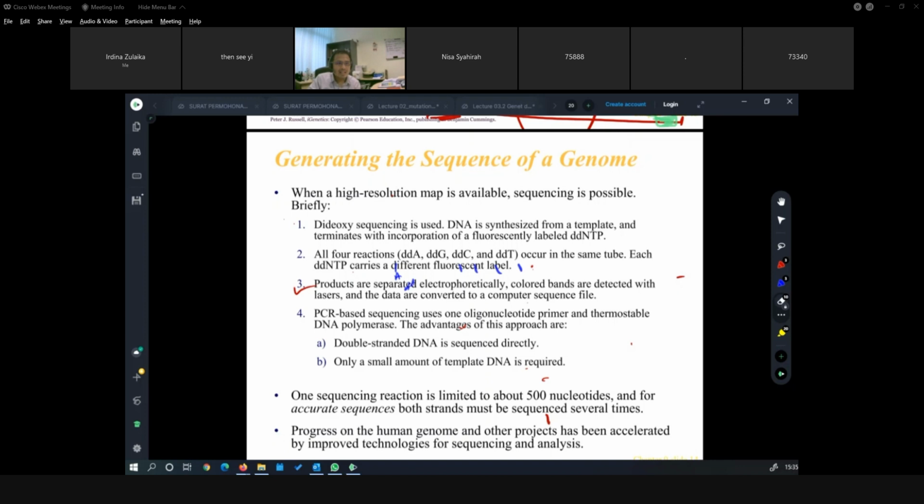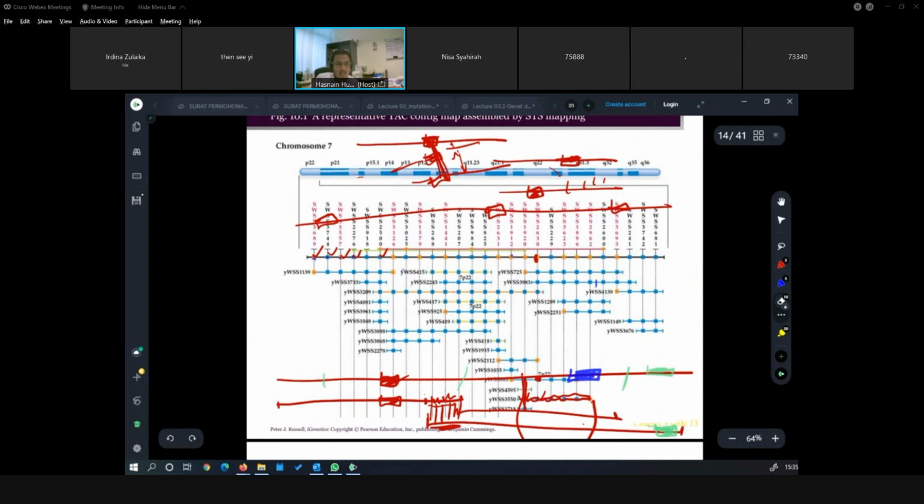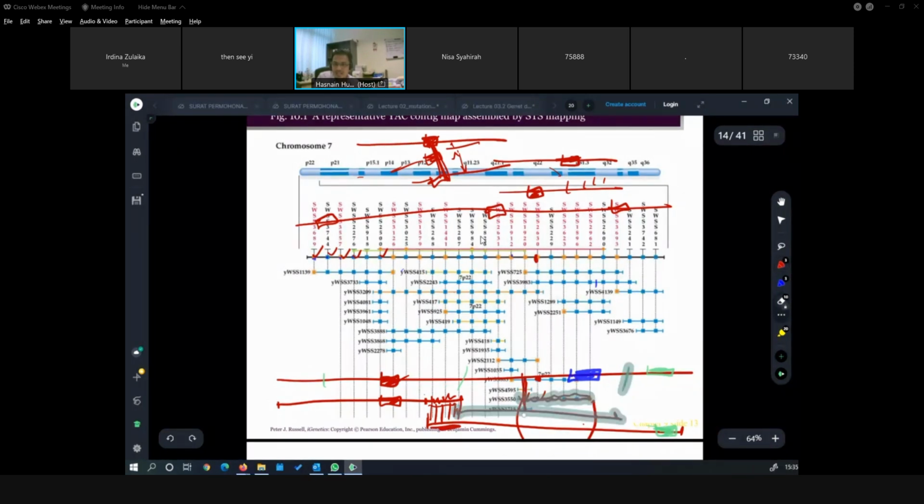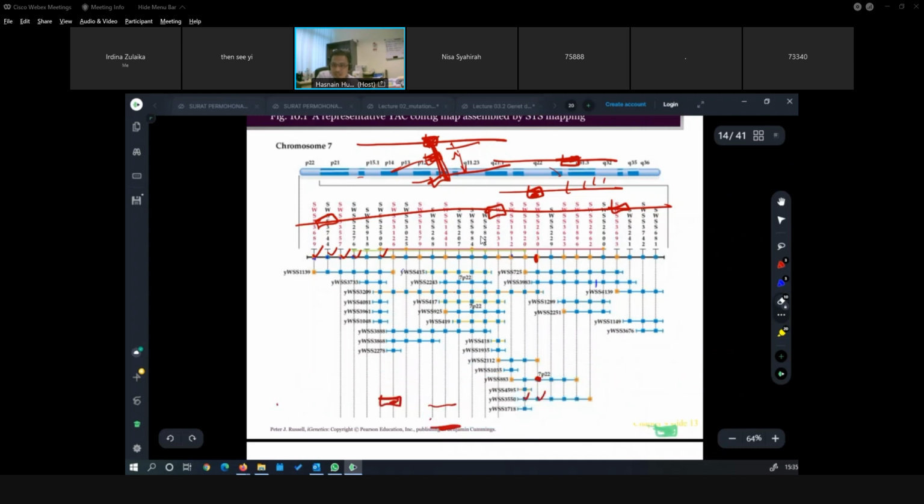Because we are able to tell the position of the fragments and rearrange them, can the doctor explain what is the purpose of doing the sequencing? Why do we do this? Is it for determining possible mutations in the chromosome, for example? The question, as I understand it, is that we are able to tell the relative position. Based on the relative position, remember I mentioned just now the squared one is the one that we know the information.